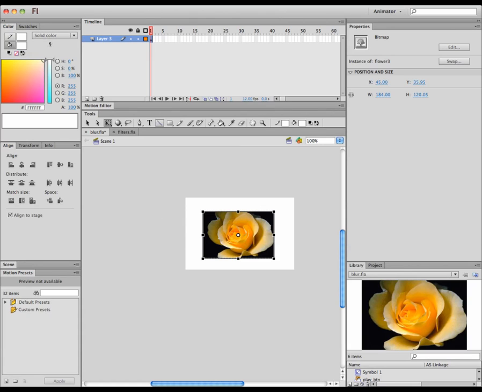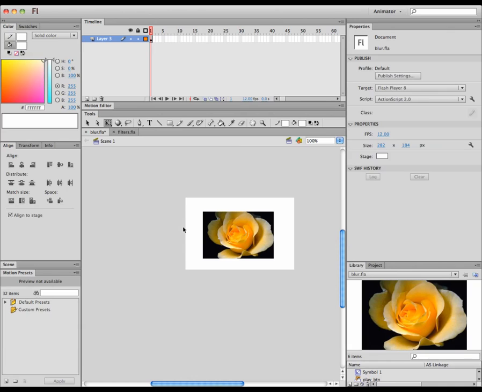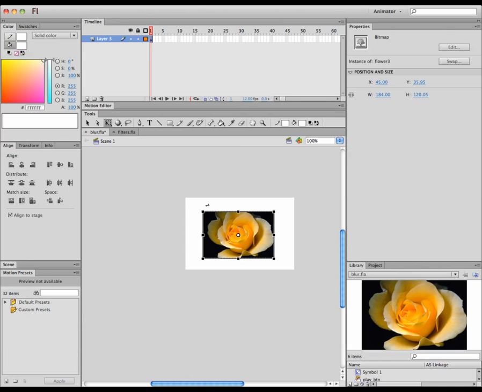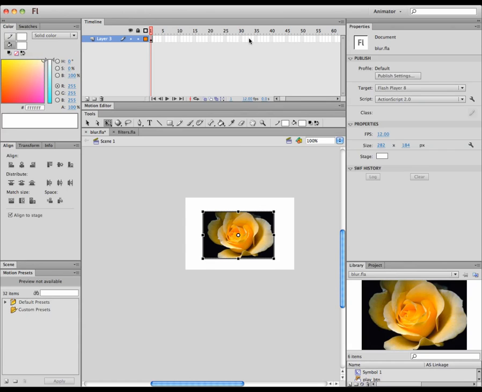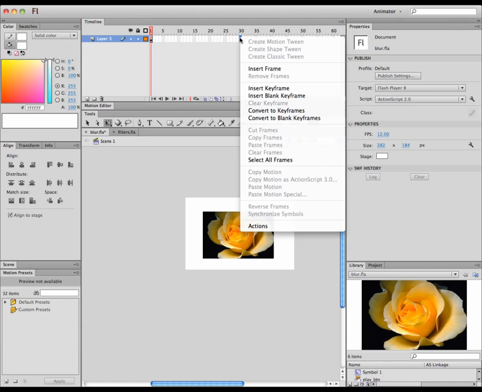In this quick tutorial, I'll be showing you how to use the filters in Flash. So I have a file imported already, and I'm going to add some frames in order to create an animation with filters. I'm going to click under the 30th frame, and I'm going to right click, or if you don't have a two-click mouse, control click and